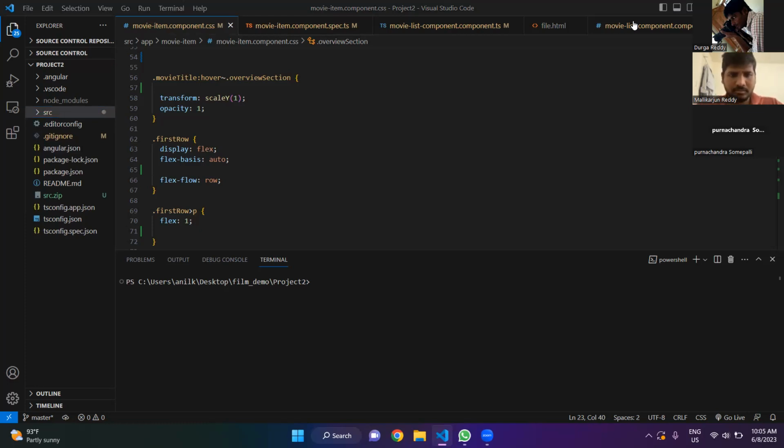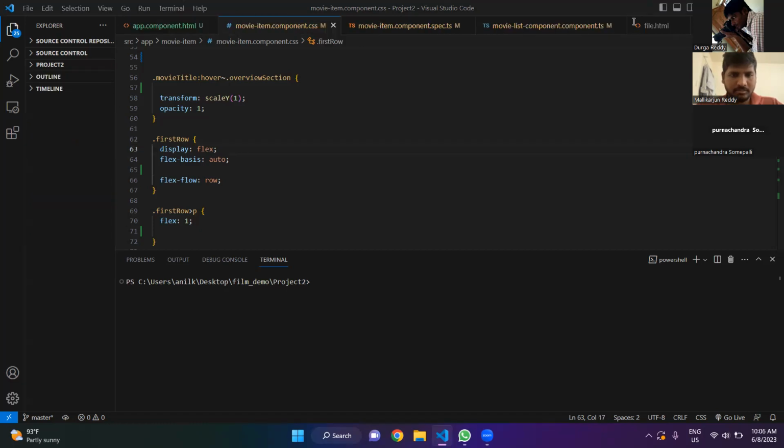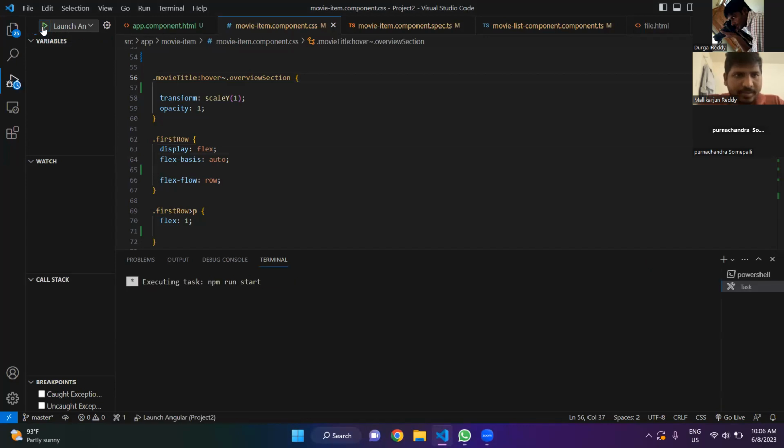Yeah, so I'm just executing the code. You can check it out. I think the screen is visible, right? Yeah. I'm just clicking on the run and debug button,